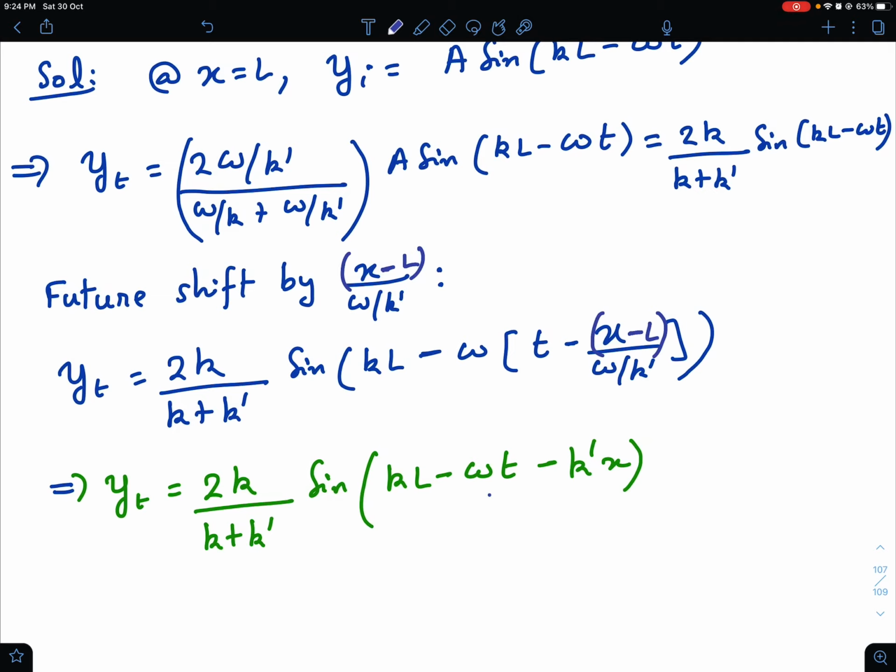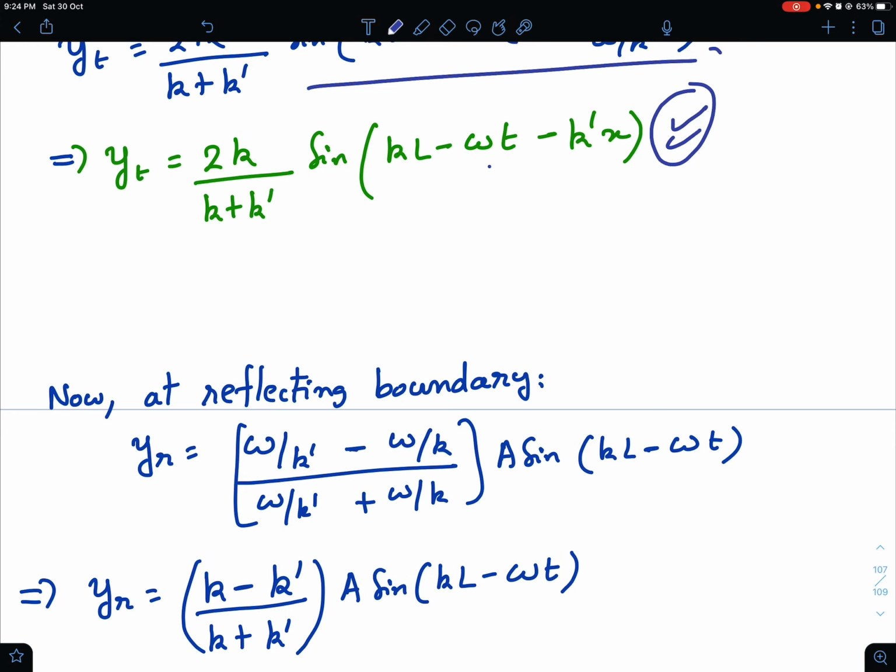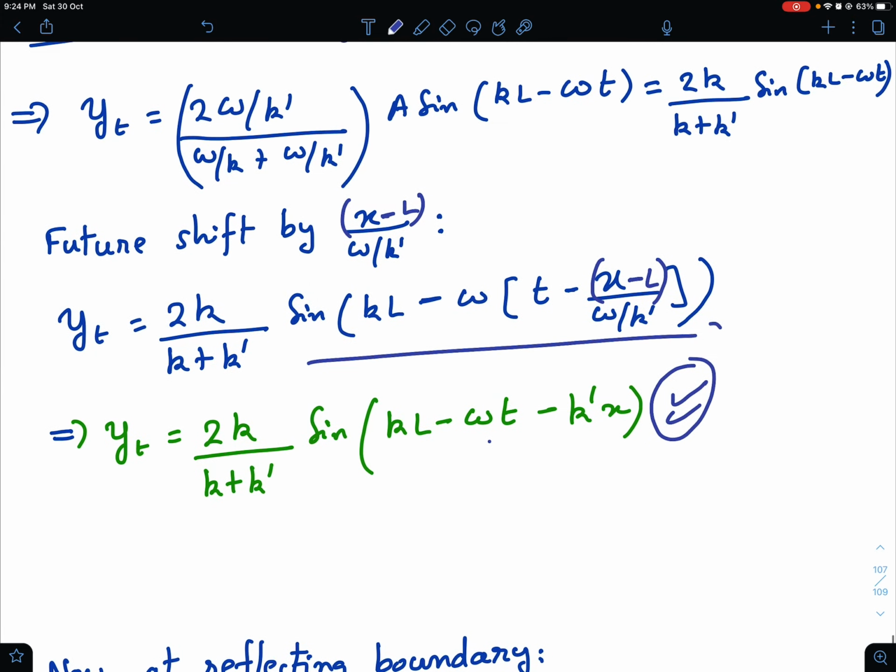and then there will be minus omega t, and this is fine, x minus L. Anyway, you can simplify this, let's not spend time on this, so let it be. So please correct this expression accordingly, but if you simplify this, you will be able to get the y transmitted. So you can correct that. Now